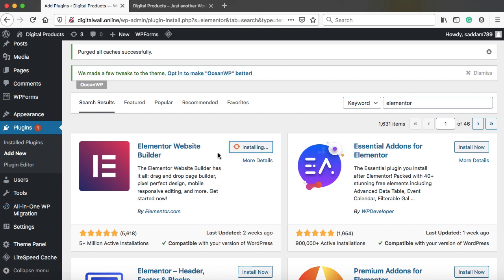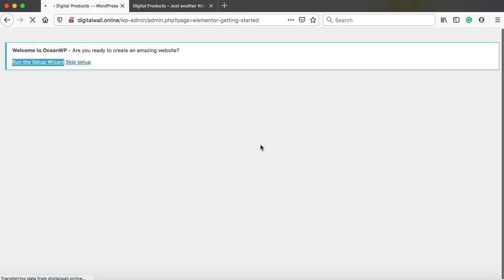Elementor is a great plugin to design web pages, and the free version itself has so many useful widgets that you can use on your website to give it an enhanced look. We'll also be installing the premium version of Elementor that will extend the functionality of this free version. So we'll be able to create pop-ups, and custom headers and custom footers. We will also be designing the custom product pages with the help of the Elementor Pro version. So firstly, activate this free Elementor plugin.